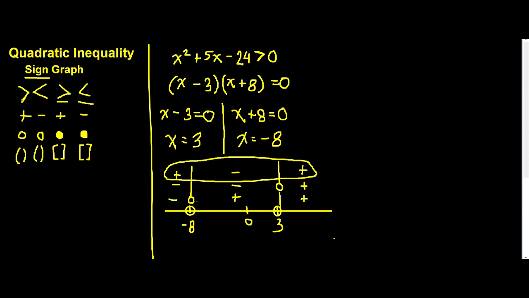Maglalagay ka ng 0 sa tuktok ng critical points and lahat ng kanan positive, lahat ng kaliwa negative. Same as true with this one. Ito yung critical point. Ito yung 0 sa taas niya. Lahat ng kanan positive, lahat ng kaliwa negative. Next, the shaded part, it will determine your solutions. So sa pag-shade ng